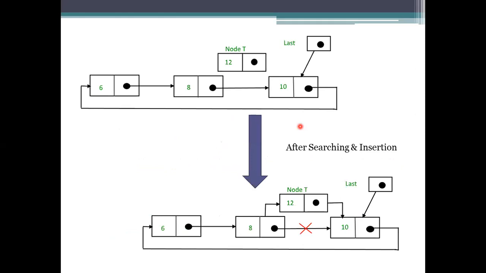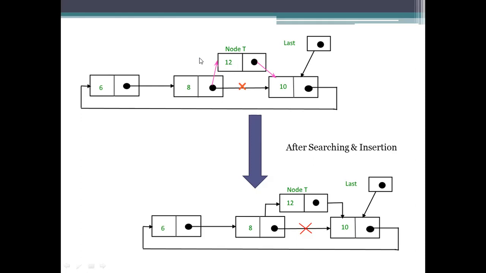Why? Because we need to make changes to these two nodes here. Where we need to add this one, we need to add it in between the 8 and 10. The updations will be this: we need to make two pointer changes, and we need to remove one pointer. That's all. So here, just take the element and create a node.